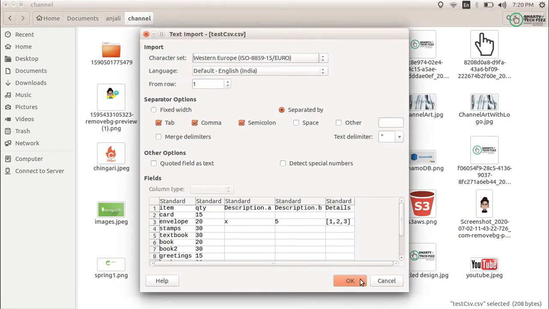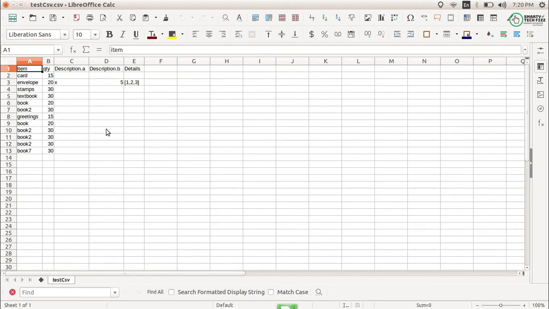See, it is done, and we will see what it exported. And yes, here you go. You can see it exported the document with the value of A in one column and B in another column. So you can export the key value pair like this by giving the keys description dot A and description dot B.